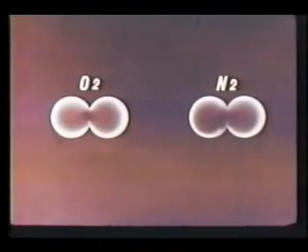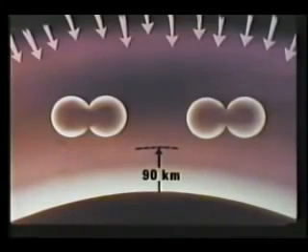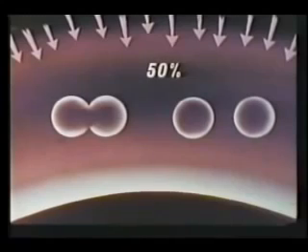The air we breathe consists almost exclusively of gases and is electrically neutral in its ordinary condition. The number of electrons shown here is, of course, symbolic rather than literal. As we progress towards the top of the atmosphere, however, the gases are exposed to powerful X-ray, gamma ray, and ultraviolet radiation from the sun and from cosmic rays. Above about 90 kilometers, radiation increasingly breaks more of the molecular gases into their atomic or single atom state. This dissociation, primarily from the ultraviolet radiation, affects as much as 50% of all molecules at altitudes of about 100